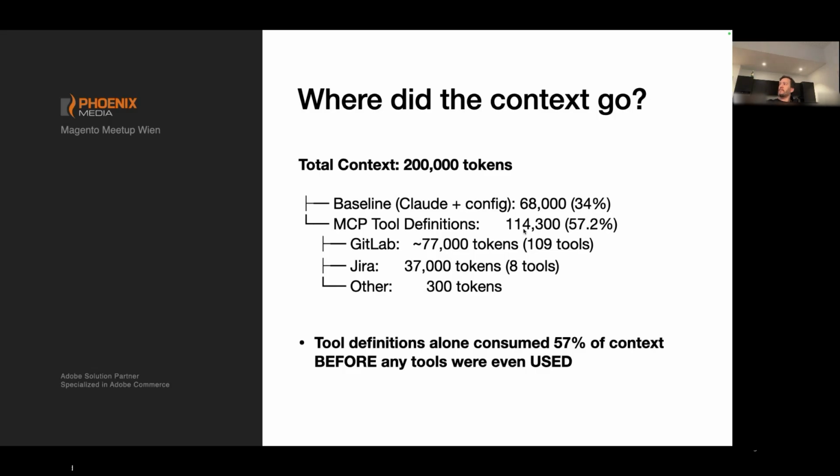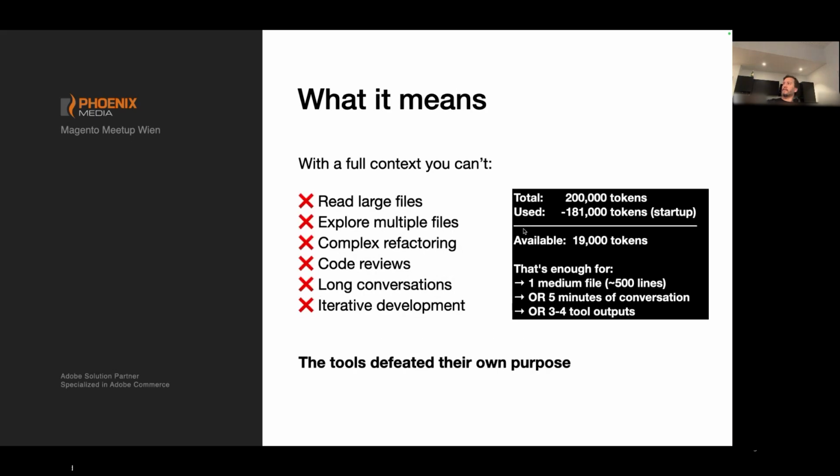57.2% are the MCP tools, and that's quite a lot. And if you want to use them, you have to add them. So what options do we have to actually make our life easier and get some of this context back? One thing would be I can only load the MCP if I need it. I can add it to my configuration, but we want our tools when we want to use them, and don't change the configuration every time.